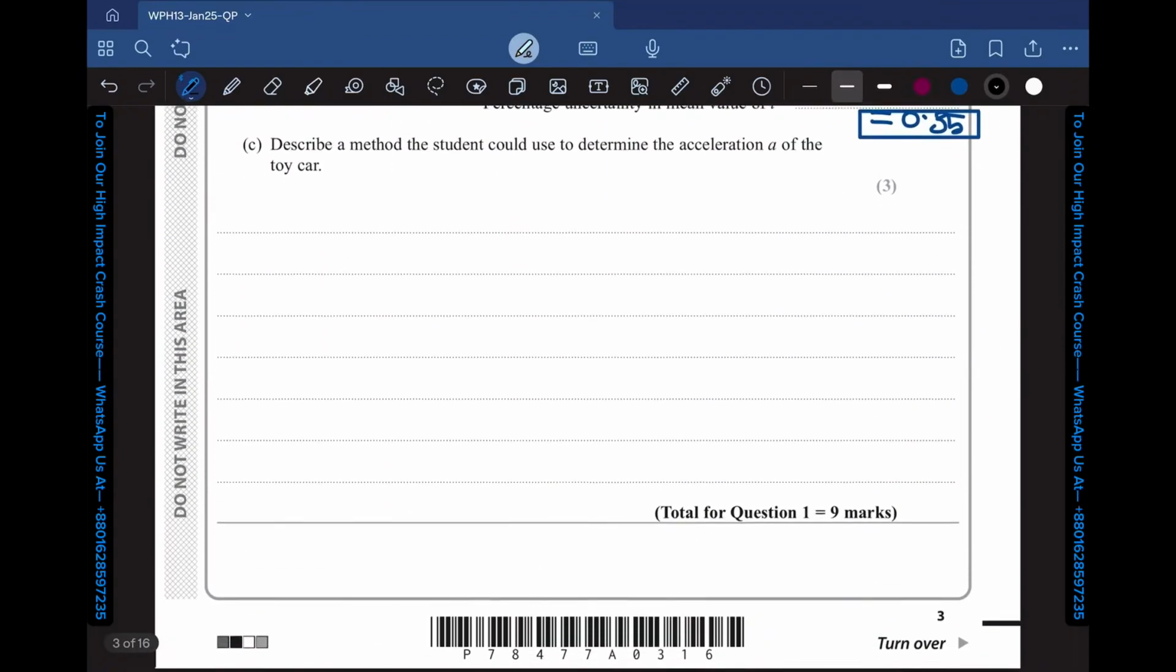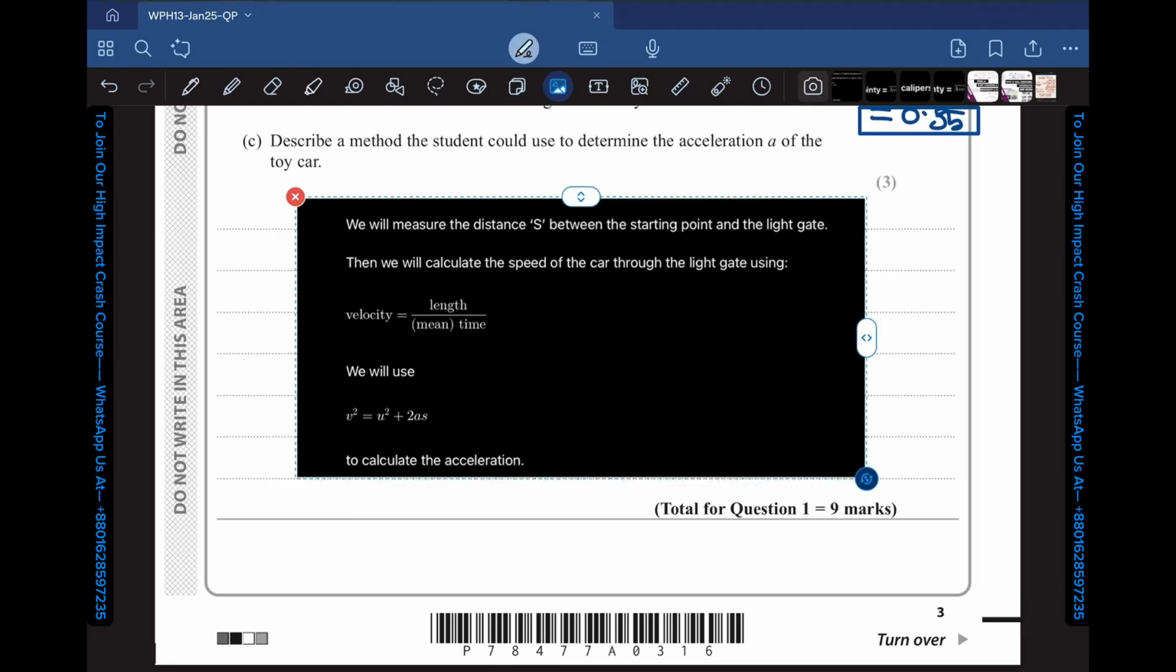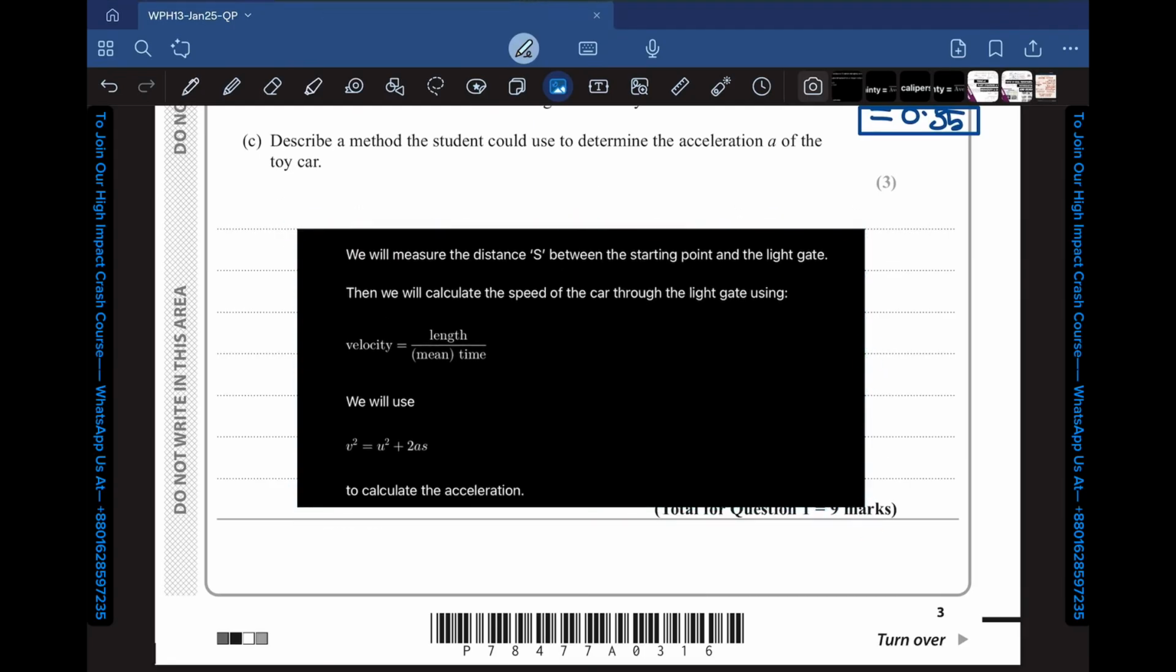So now our answer will be like this. We will actually construct them like this. We will measure the distance s between the starting point and the light gate, because this is the position where